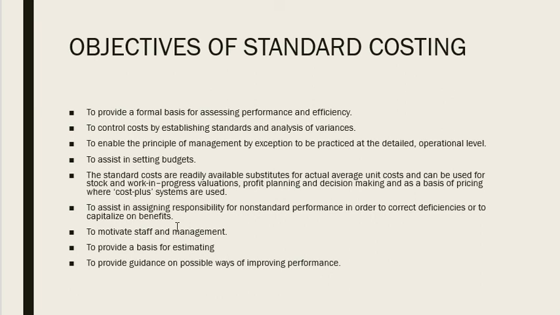For example, electricity expenses will vary. So when the machine is not in use, it's better to switch off the electricity. When people are not working in the organization, it is better to switch off the fans and lights. So all these will give responsibility for non-standard performance. Like this, when each cost or each activity is concentrated on, major cost can be reduced.